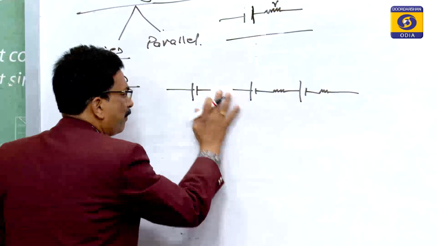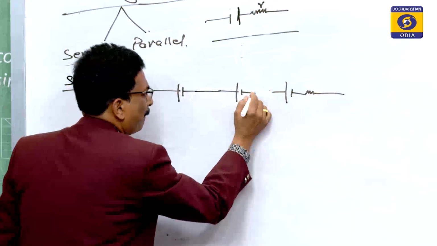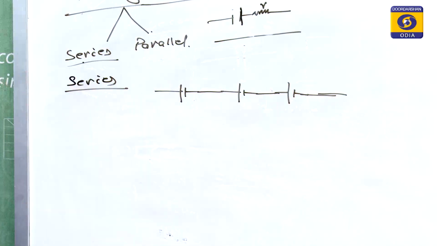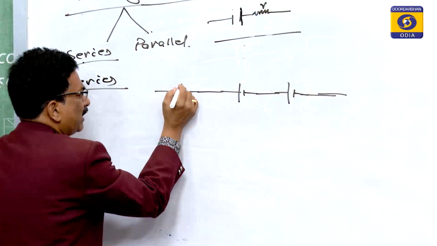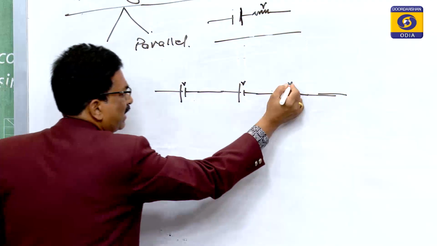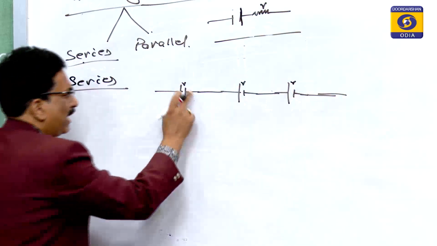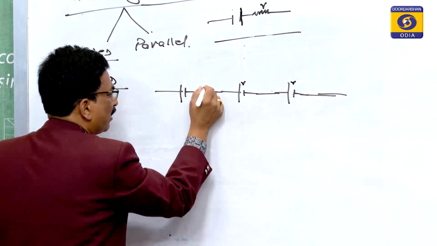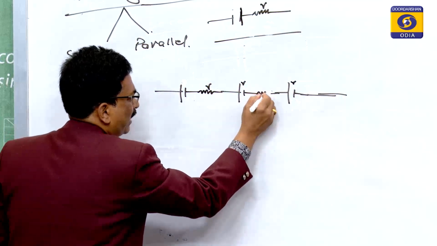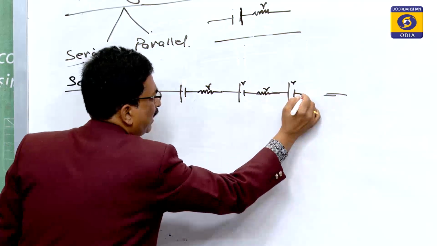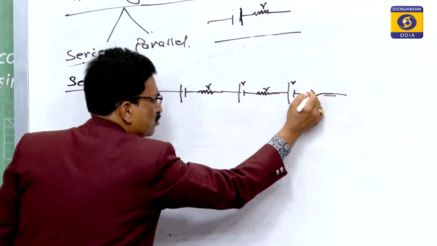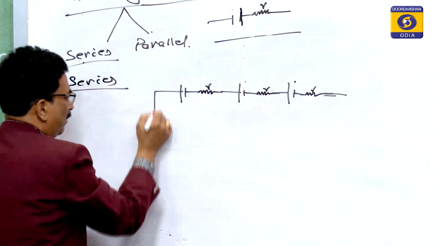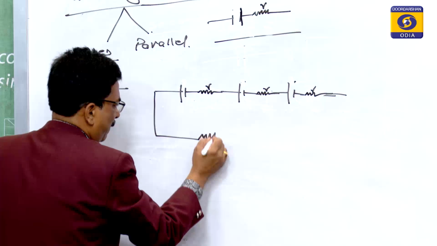If you omit this one, that can also be represented as a cell. If I omit this, then inside this I will write its internal resistance. That choice is yours, which one you accept. So if they are in series,